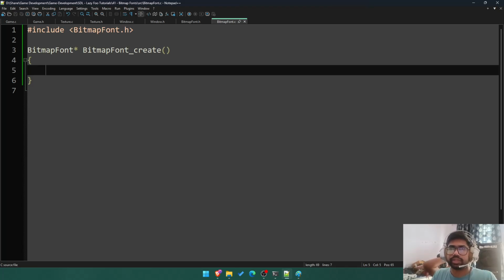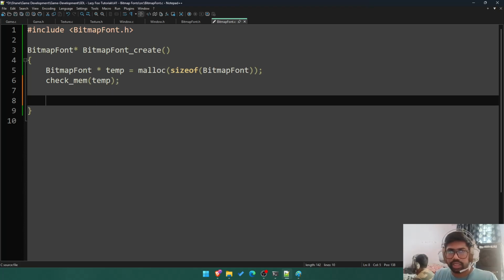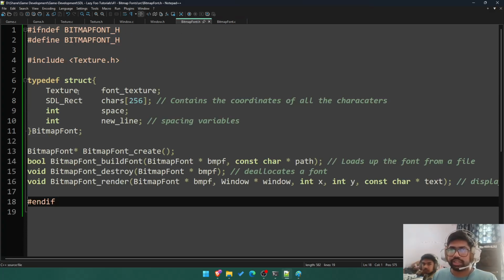We'll have bitmap font temp equals malloc size of bitmap font, and we check temp, should check memory on temp, and set temp dash texture. Okay,